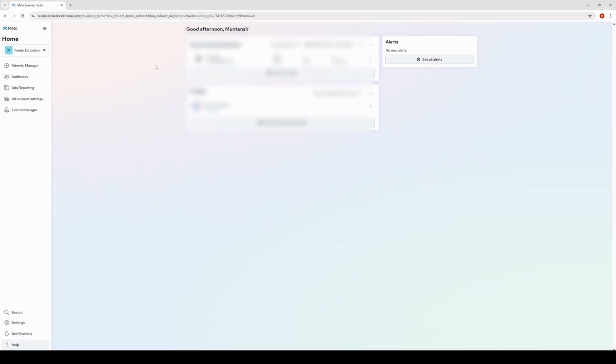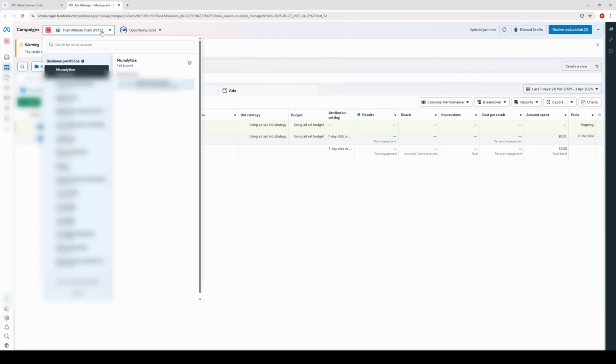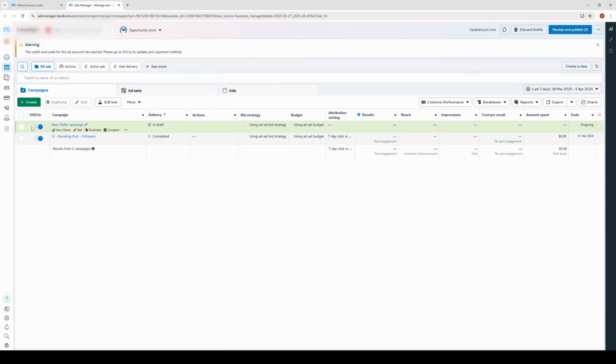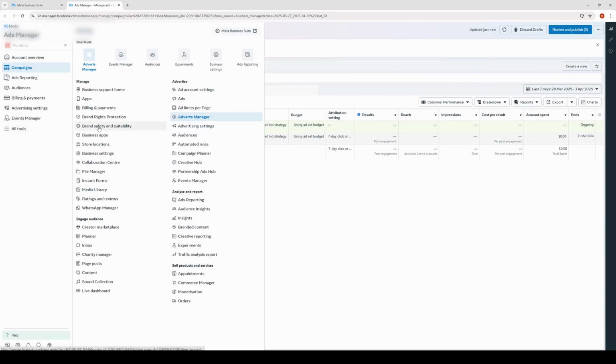I usually navigate to business.facebook.com. Let's go into Ads Manager. You'll see in here all the ad accounts you have access to under Munalytics. What we're more interested in is pixel. In order to see the pixels, if you click on all tools, you may see Events Manager on your list, but I do believe this list changes person by person. Click into Events Manager,